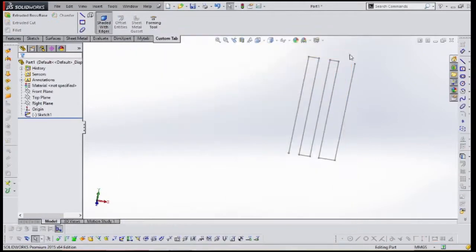Suppose you are in a company making a door or a mirror. In an automobile company, you will be working in different departments. For example, you are working in a door department, a steering department, or a seat department. If you want customization like that, you can do it. You can keep one tab for seat design and one tab for mirror design.